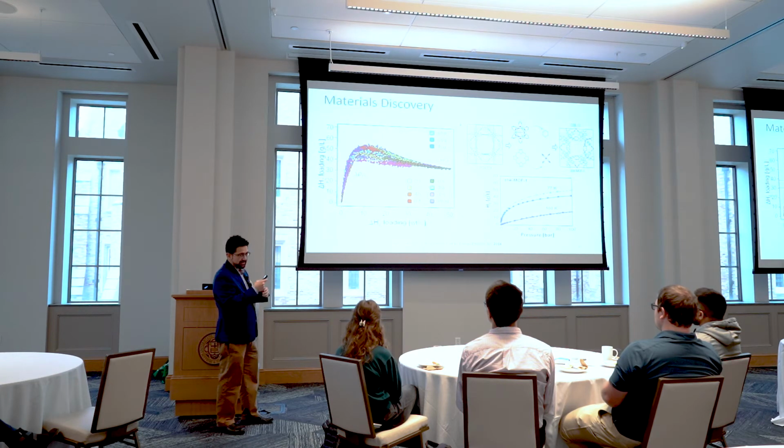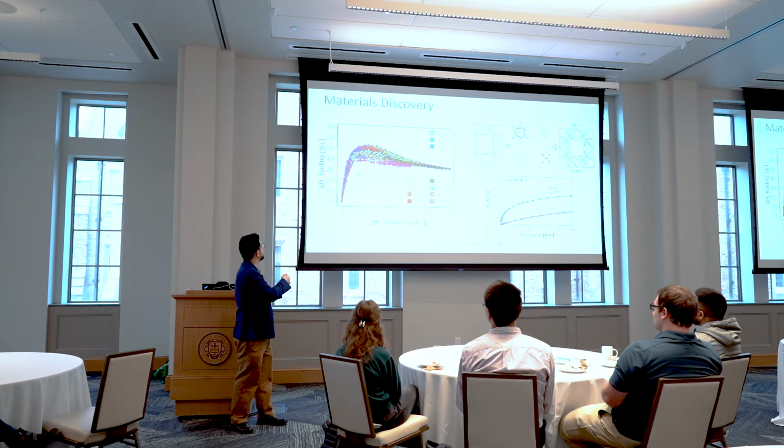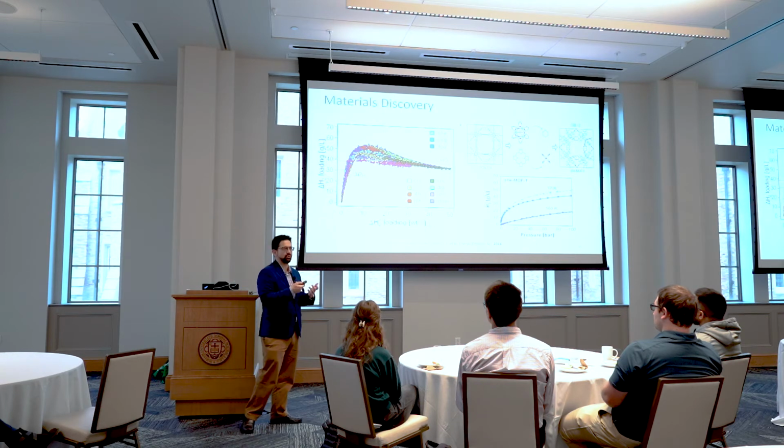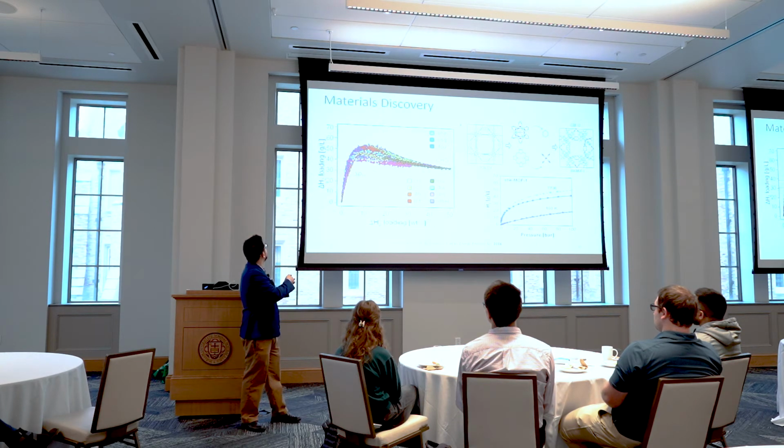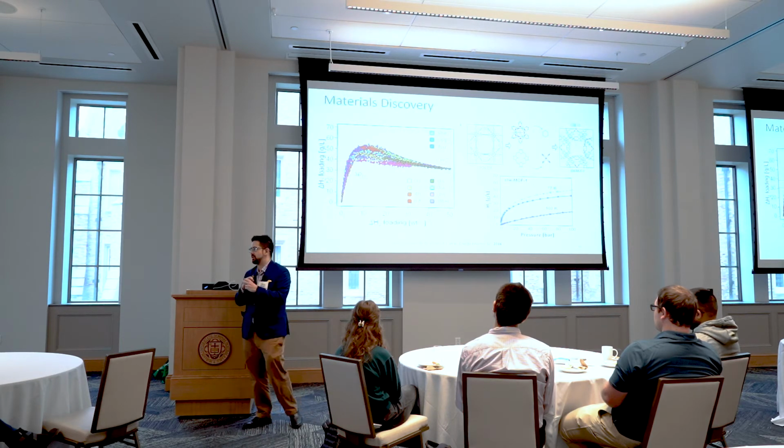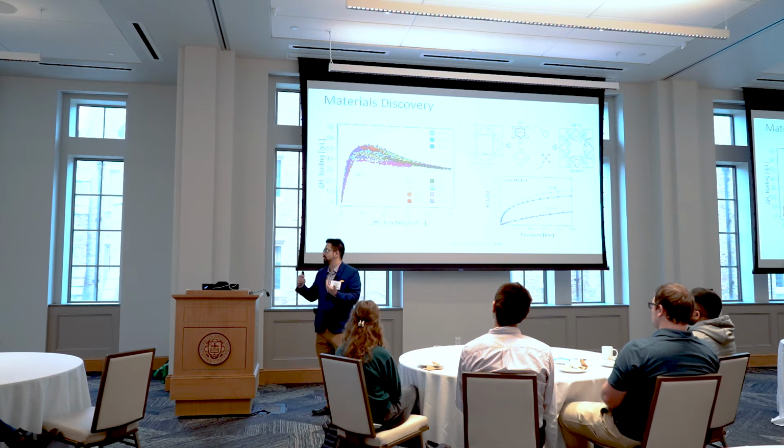Each one of these points is a separate structure. In this case, there's over 13,000 structures that we evaluated. And then here we're comparing to the bulk density of hydrogen in a compressed hydrogen gas tank. So here immediately we have a very rich landscape of materials that outperform